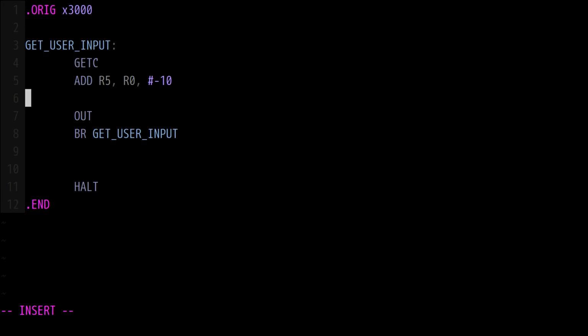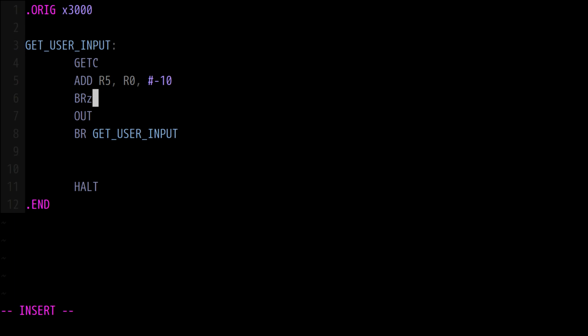So currently this is just subtracting and doing nothing. It would still do the same thing in an infinite loop. So we now want to use the branch instruction, branch if 0, right? And we want to branch somewhere else. So where do we want to branch to? That's up to you. In this case, we'll make a subroutine, and I'll call it,